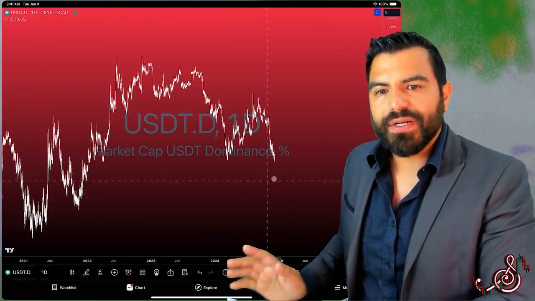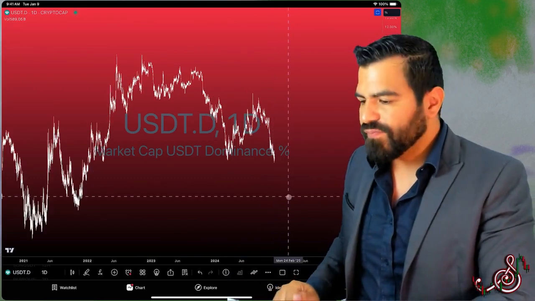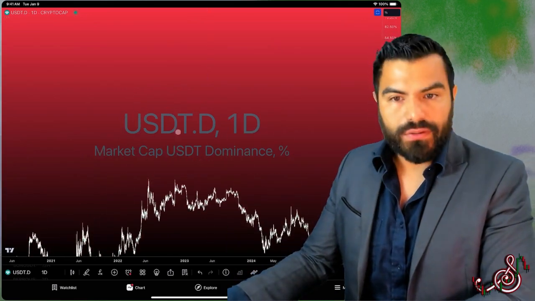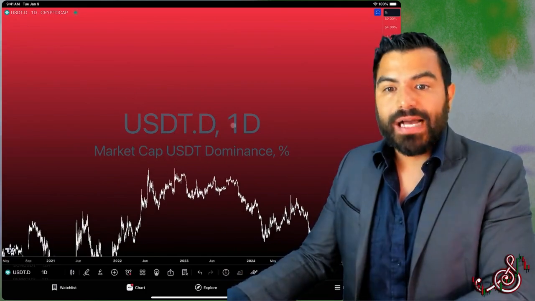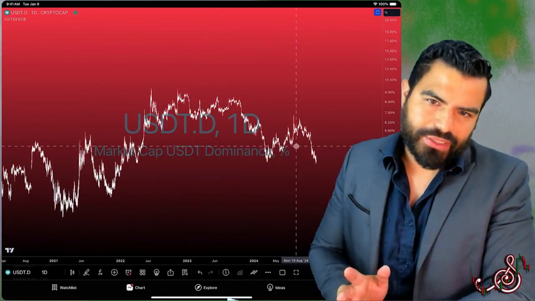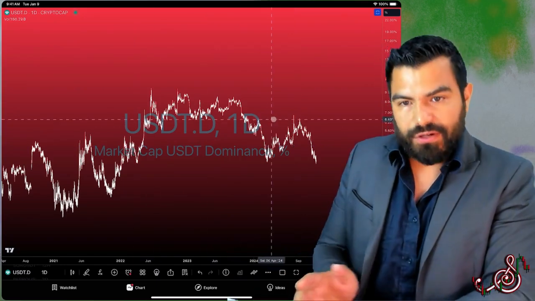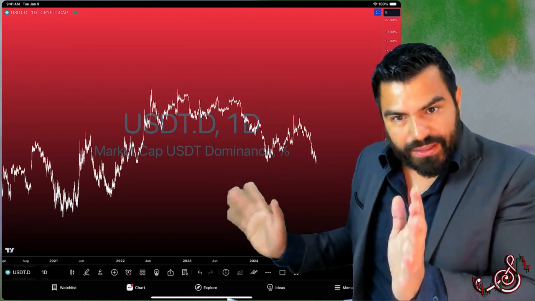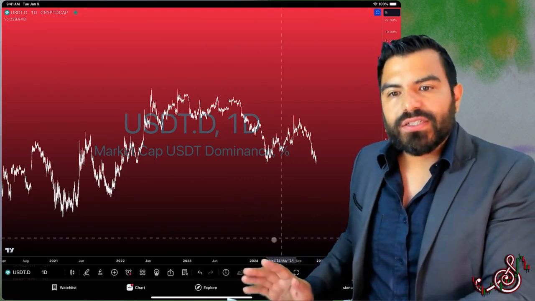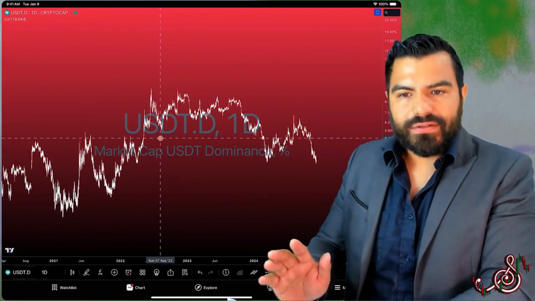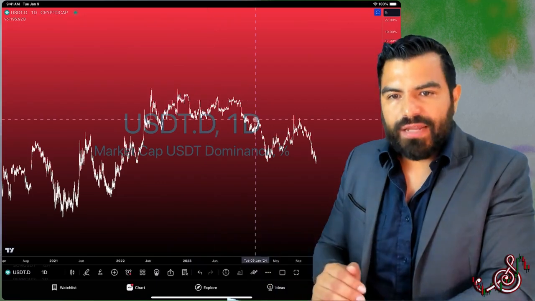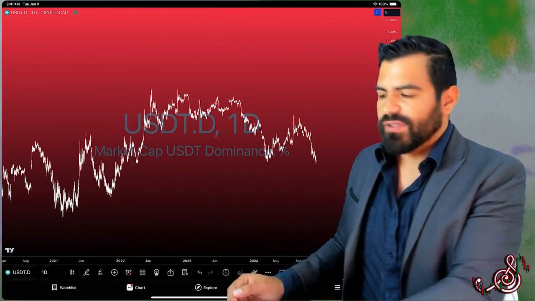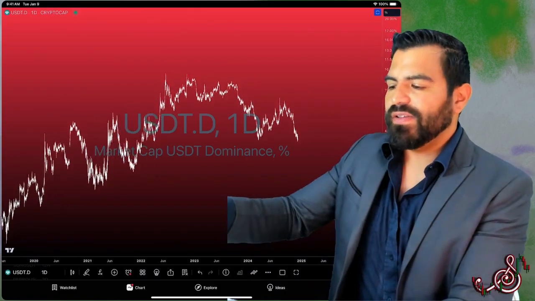Now, a lot of what's happening in the crypto world can be attributed to this simple chart, okay? Because this represents when Tether, which is the number one stablecoin in the world, is dominant. It shows when people are leaving Bitcoin and entering into cash positions, or people are leaving the crypto markets and entering into cash positions. And by cash, Tether, the stablecoin, they're just sitting on the sidelines, okay? When this is going up, it means more people are sitting on the sidelines. And when this is going down, it means more people are leaving the sidelines and entering into the market. That makes a lot of sense, right?